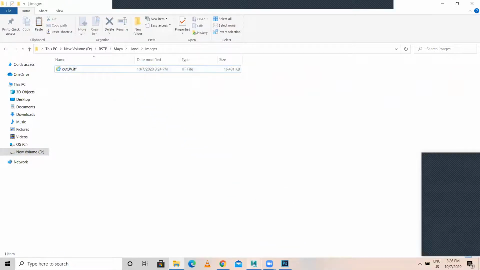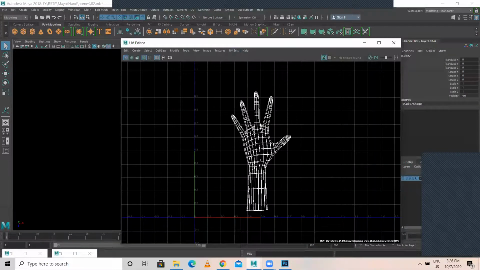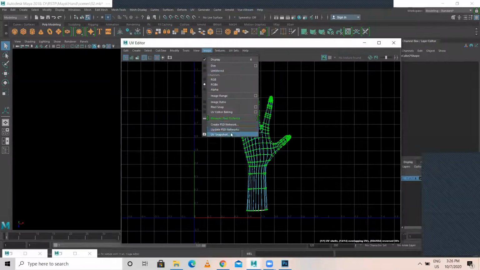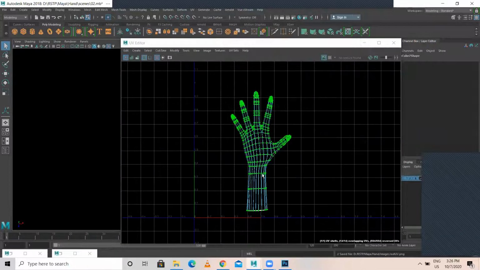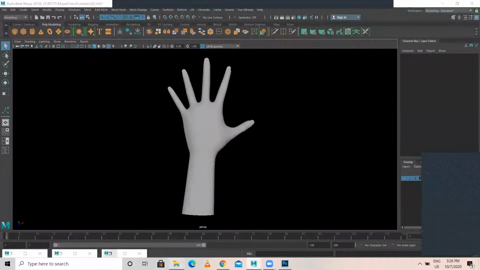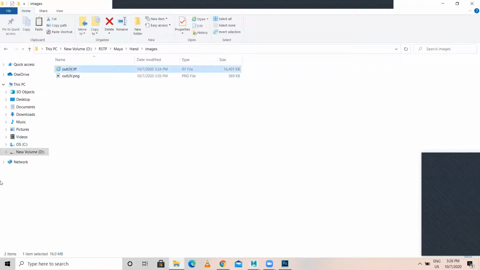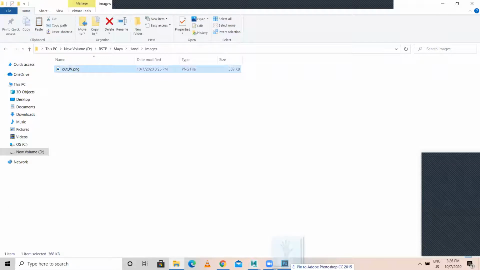Okay. I need to save this as a PNG file. I need to select all the UV image, the UV snapshot. I need to save this as PNG. Go for PNG and apply and close. It has been saved. Then I'll go over here, not out UV, shift delete. So I have opened the PSD.